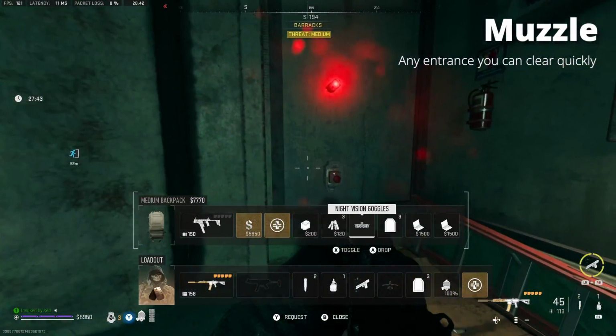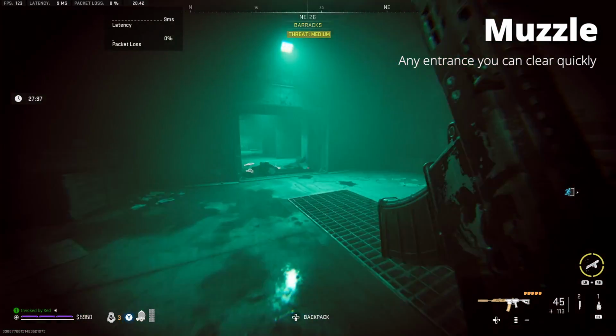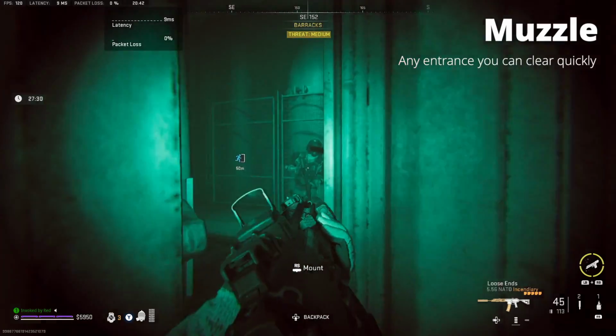Okay, so the muzzle component is in the alpha cluster. First of all, you should go into any entrance that you can clear quickly, because getting to the alpha cluster can take some time. What you'll need to do is make sure you bring in at least 1 car battery and